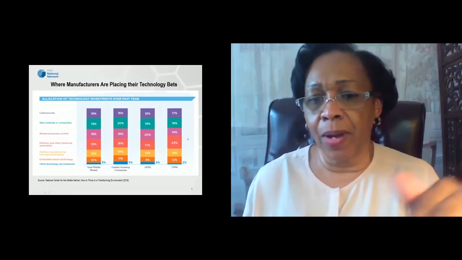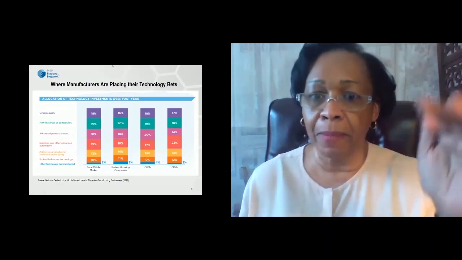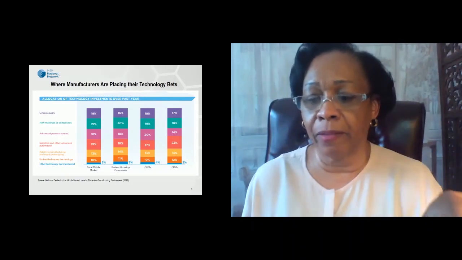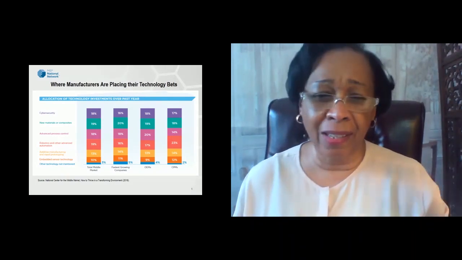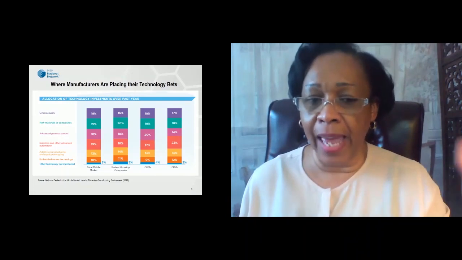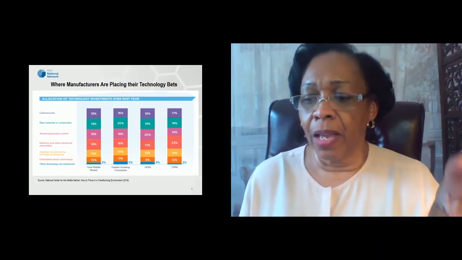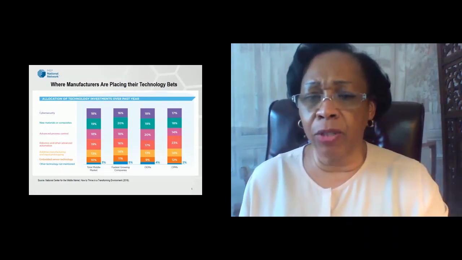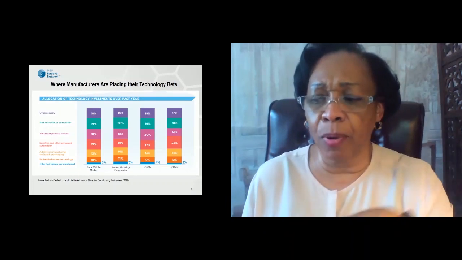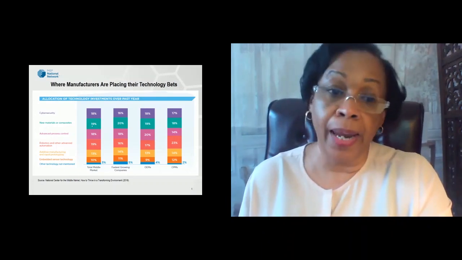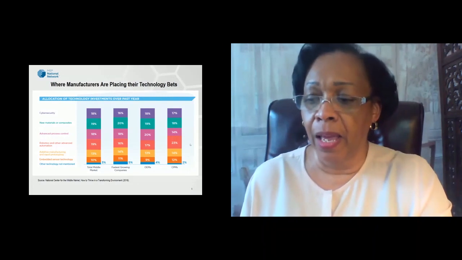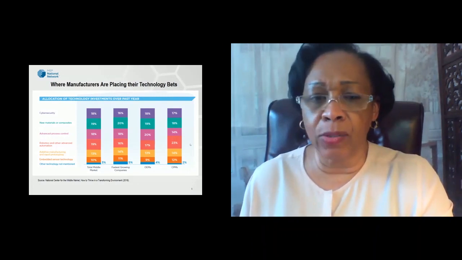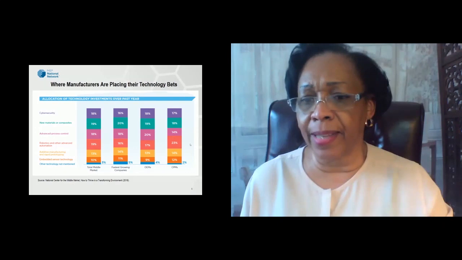They're the ones that don't have the largest amount of employees or the smallest amount of employees. I would say between, and this is a large gamut, between 50 and 2,000. Cybersecurity, new composites, advanced process controls, of course, robotics and automation in any way, additive, embedded sensors. These are all areas that